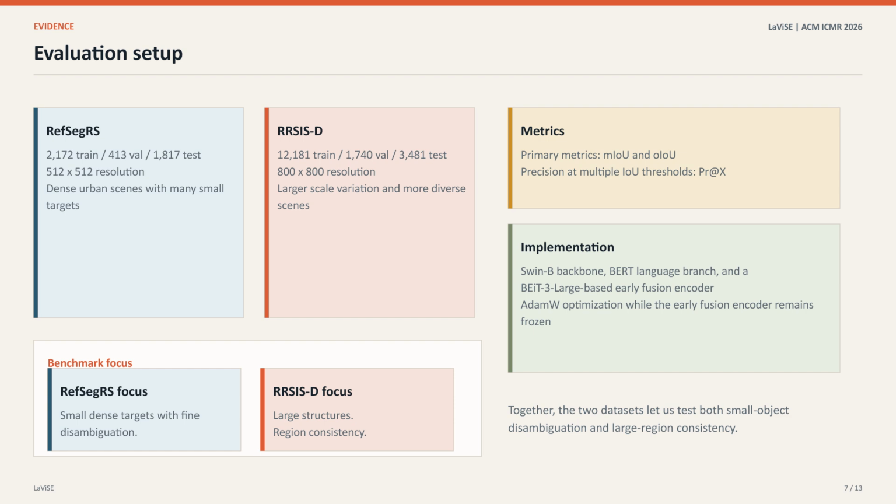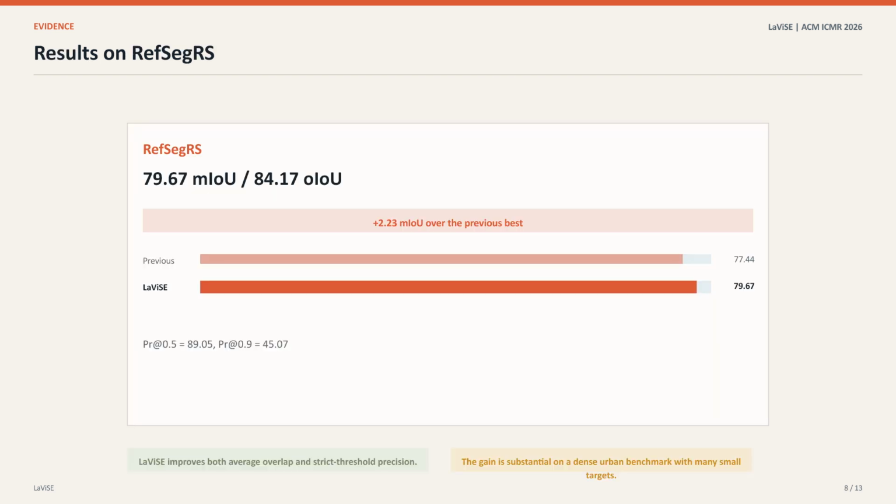fair and reproducible way. On RefSegRS, LaViSE reaches 79.67% MIOU and 84.17% OIOU. This is a 2.23 MIOU improvement over the previous best method, LSCF, which reports 77.44 MIOU.